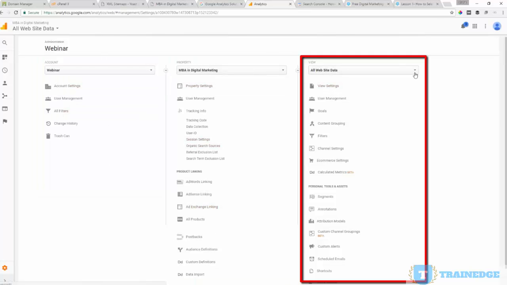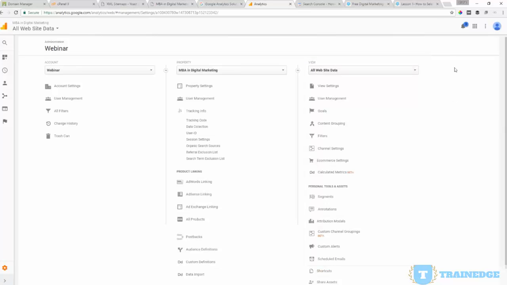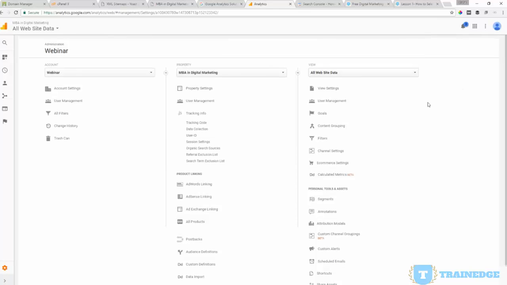View is what is included in the reports. By default, the view includes all website data. It means it will include data about the entire website, all the pages on the site, everything that's happening on the site. If you want, you can create a new view and restrict the data. For example, if you want to show people a restricted amount of data, you can create a view that shows data about a specific section or certain kind of pages on the site, and that will be another view. You can create up to 25 different views for each property or website you have in Google Analytics.